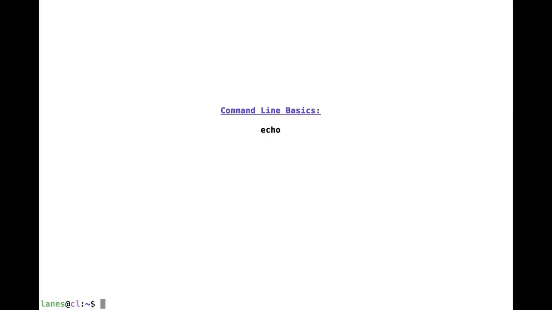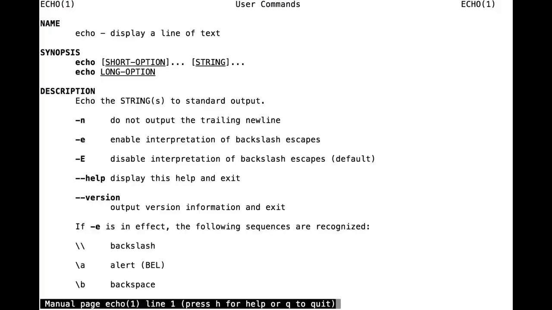Let's take a look at command line basics. Echo. Let's take a look at Echo's man page. The command echo